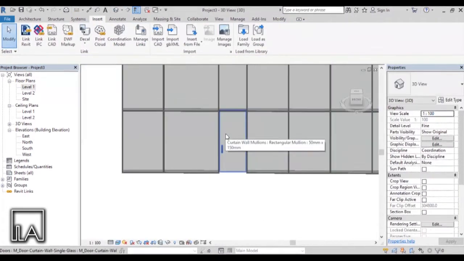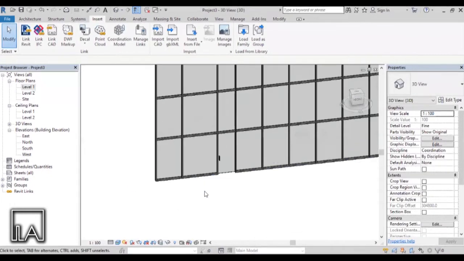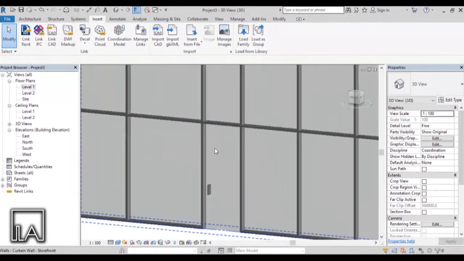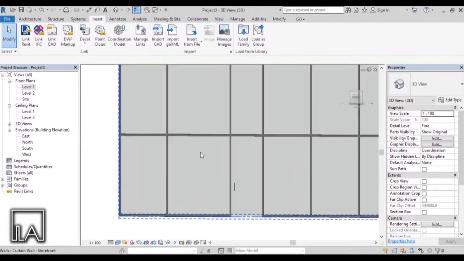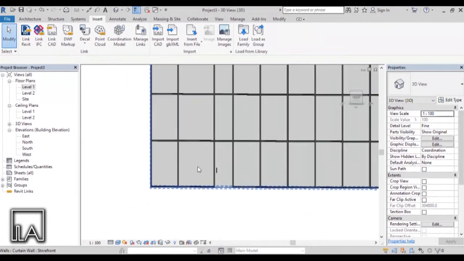Let's go back to the 3D and we can see a single panel door has been added. Although there is a little non-uniformity on this side of the mullion adjustments, we can adjust them by going to the type parameters.